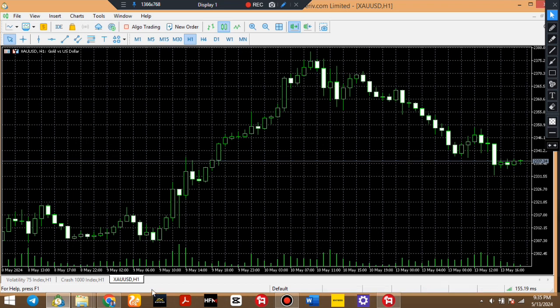Though with gold, I don't normally trade it. I have at least 3 students who trade gold, so I was using it to analyze charts for them as of last week, telling them this is what's going to happen. If not for security reasons, I would have shown the chart, but I'm just going to show you. And the ones I took with these two other pairs, I'm still going to show you that. So now this is the strategy.